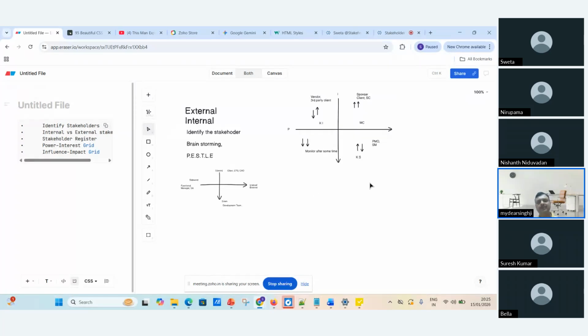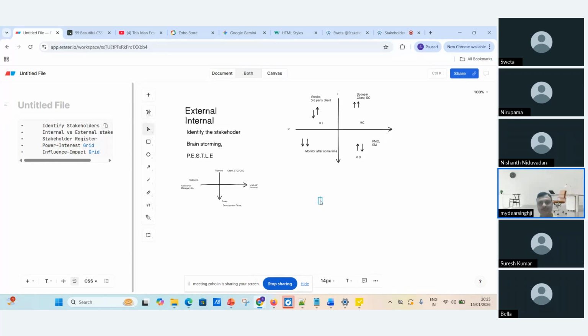There is also the salience model to check the stakeholders, and one more, the cube way of identifying, but it's not required much in the PMP, and organizations do not follow it much, so we stop there. Now the next thing: we have various kinds of stakeholders, and I'll explain them one by one.